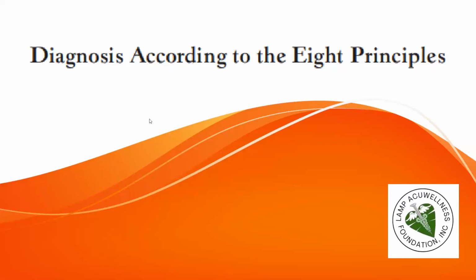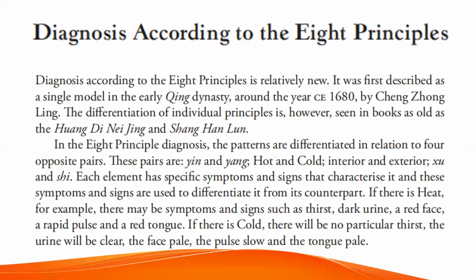Let's discuss the diagnosis according to the 8 principles. Diagnosis according to the 8 principles is relatively new. It was first described as a single model in the early Qing dynasty, around the year CE 1680, by Zheng Zhongling. The differentiation of individual principles is, however, seen in books as old as the Yellow Emperor's Neijing and